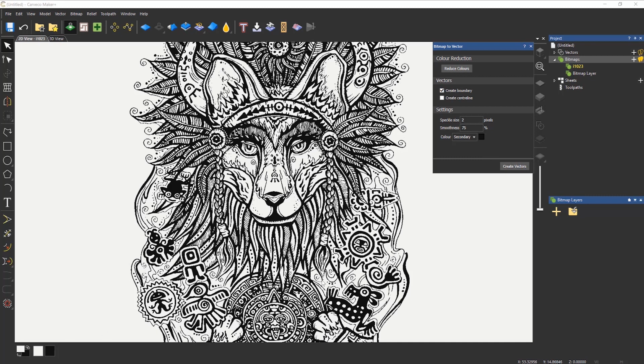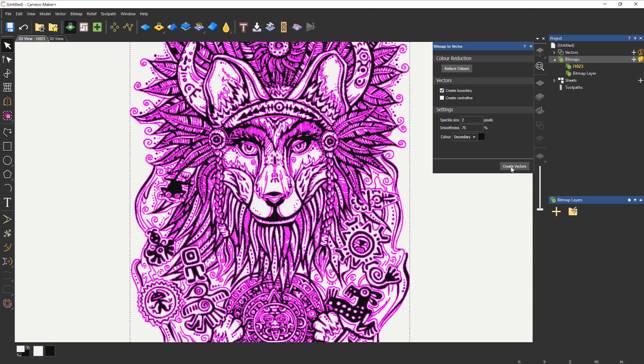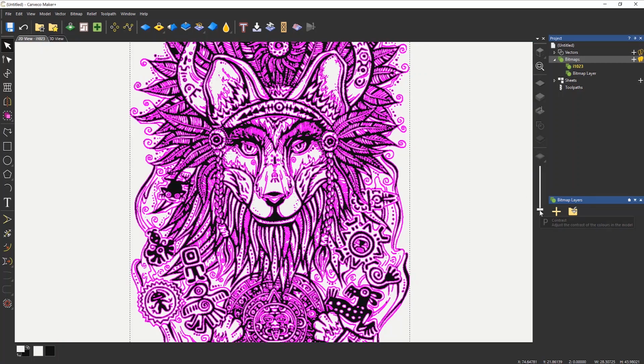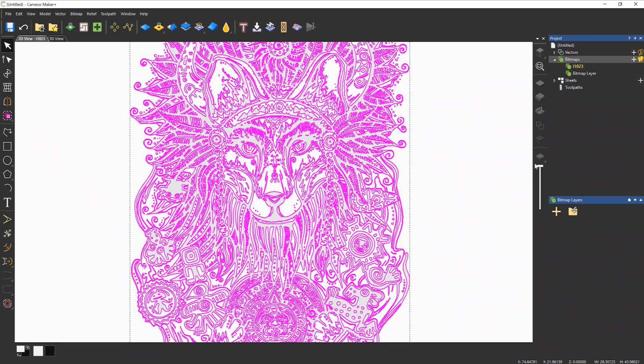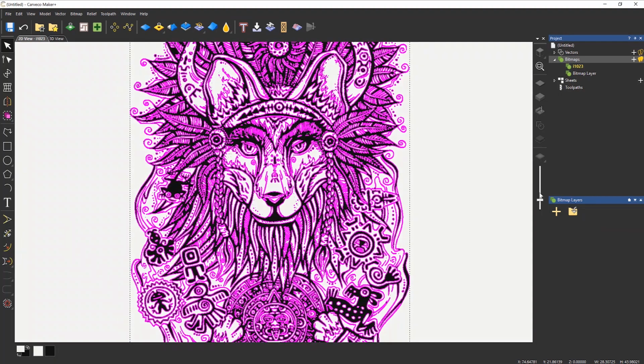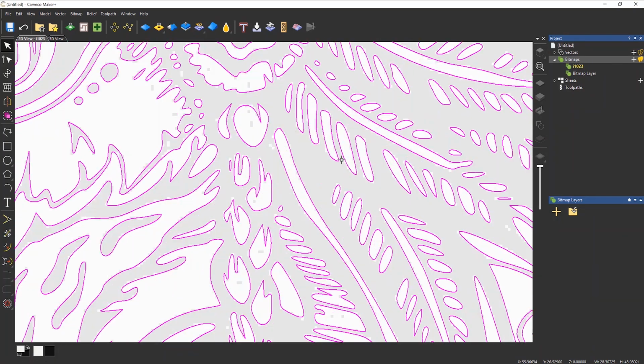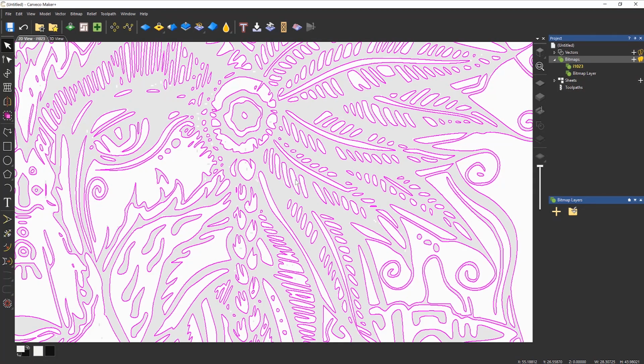So the secondary colour is the black colour. And I'm just going to use the default values for this and create vectors. Now, if you want to see what these look like, then what you can do is drop the contrast slider bar down. And it basically washes out the image so you can see what's going on. So if I zoom in, you can see that it's created all of these vectors around all of the parts